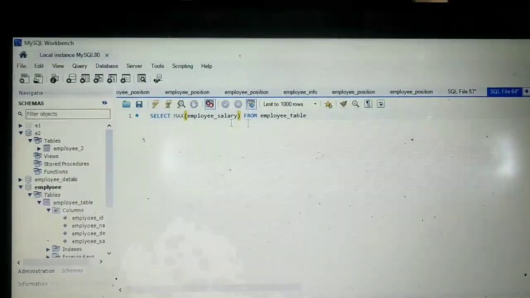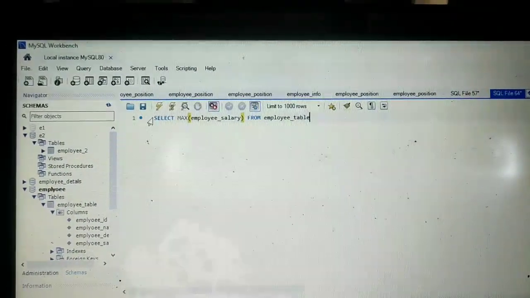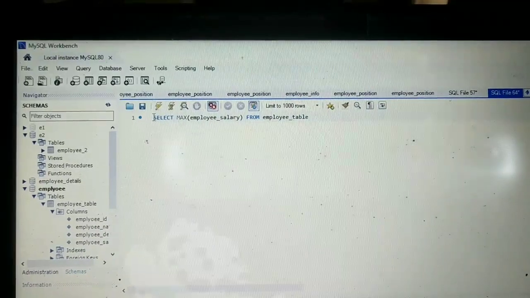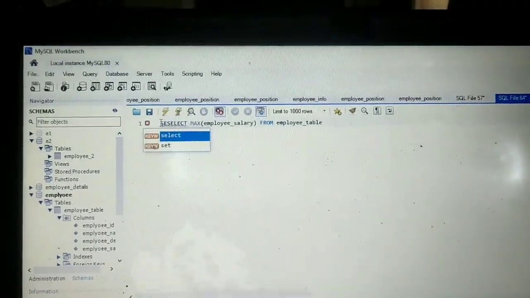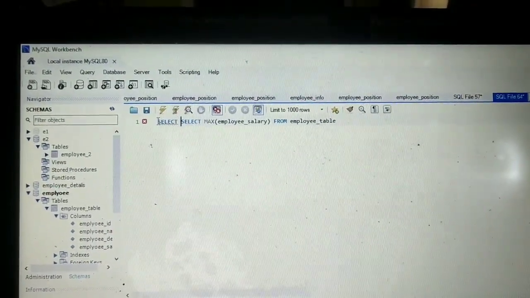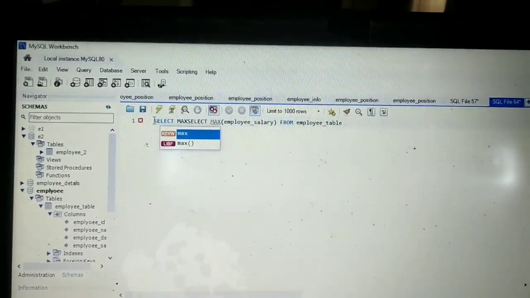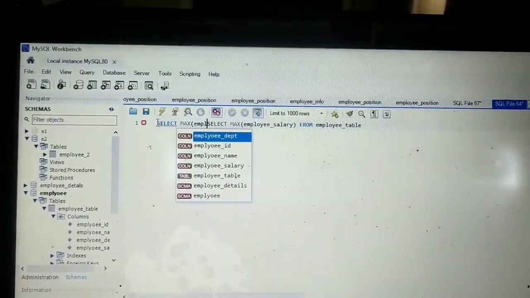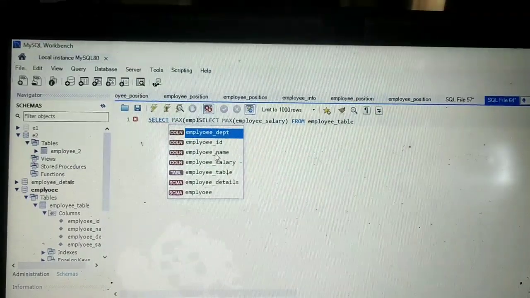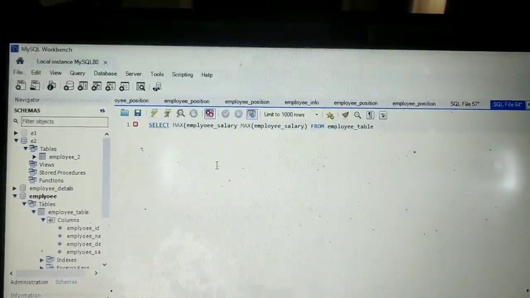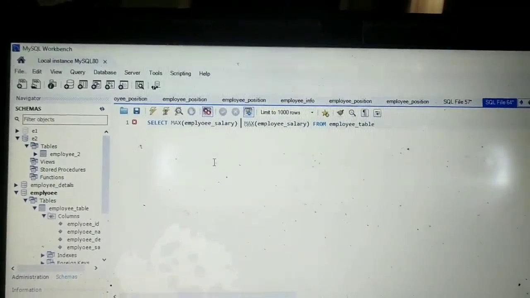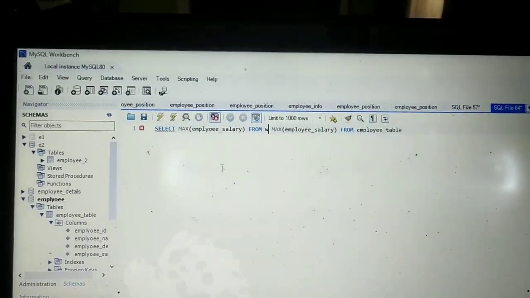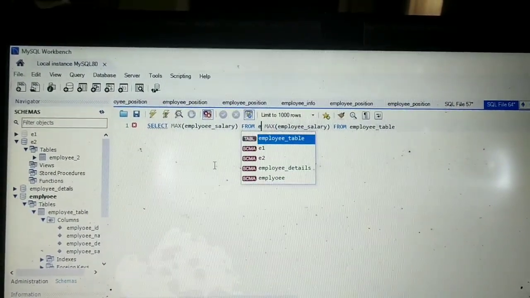This is my inner query. So from the inner query, I have to write the outer query so that it compares both the query and give the result. So select maximum employee salary from employee table